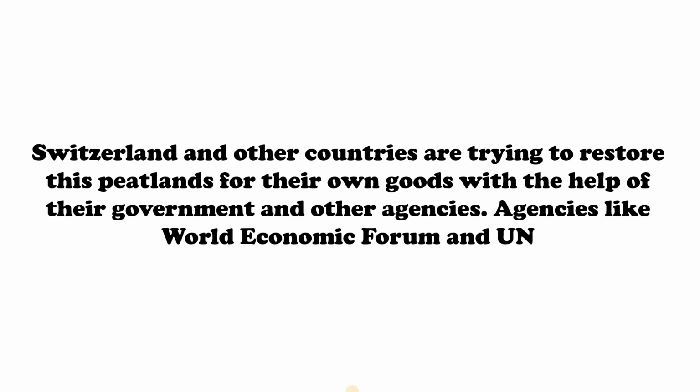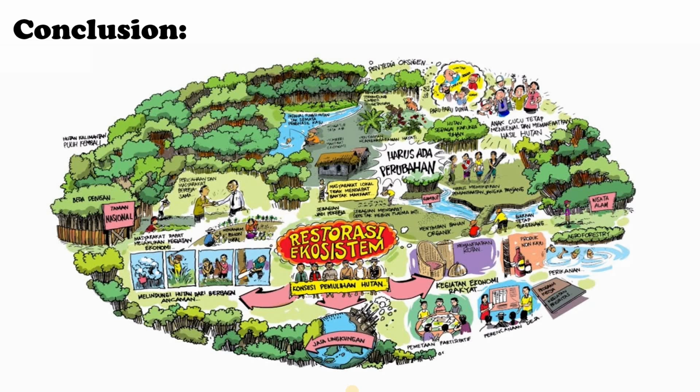To avoid nearly irreversible loss, regeneration measures have been taken in around 30% of the remaining Swiss lands and different kinds of peatlands all across Switzerland and other nations. The regeneration process has been financed by the Swiss federal government and other organizations under the United Nations. The United Nations environmental body is working with other nations in restoring the wetlands. The World Economic Forum is also supporting this effort.